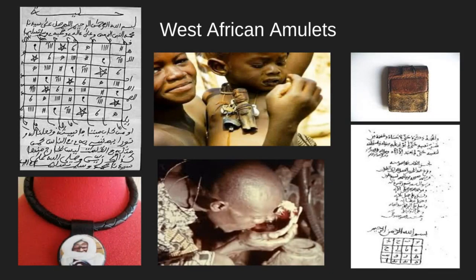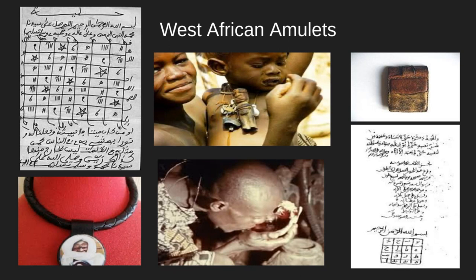Okay, now if you look down at the bottom, you see a man who is drinking an amulet, and this also can happen. One can inscribe something on a sheet of paper and then wash the ink into a basin like this and drink it, and then the power of that inscription will enter into the body.